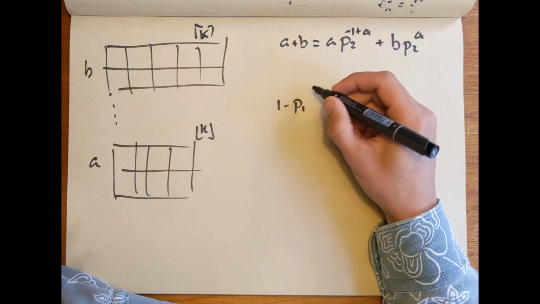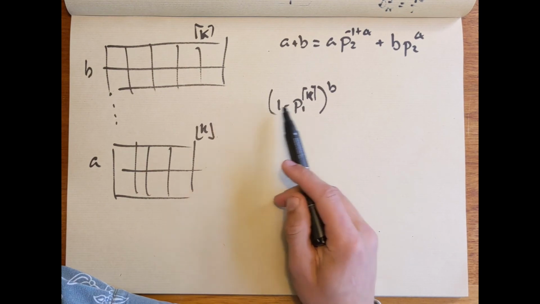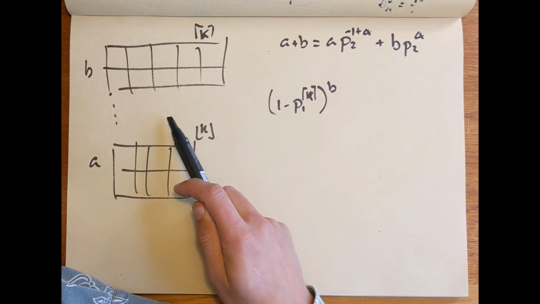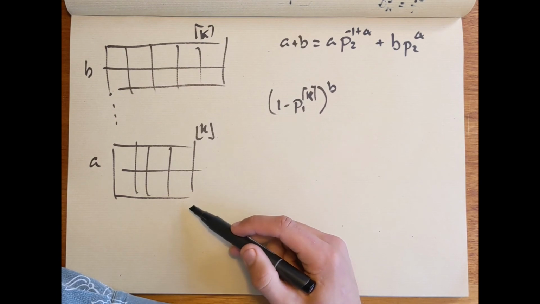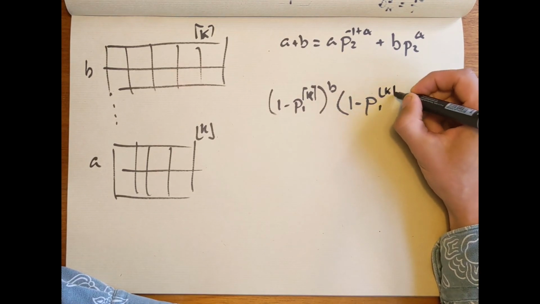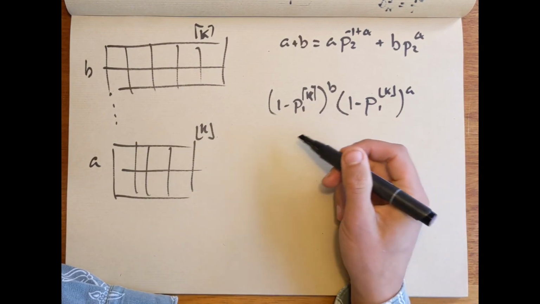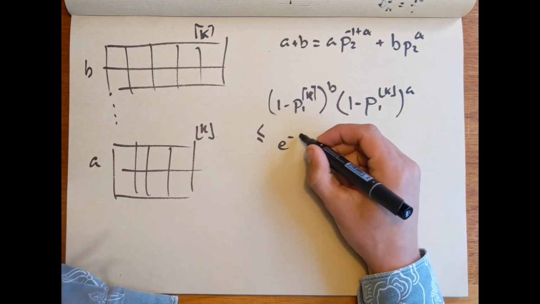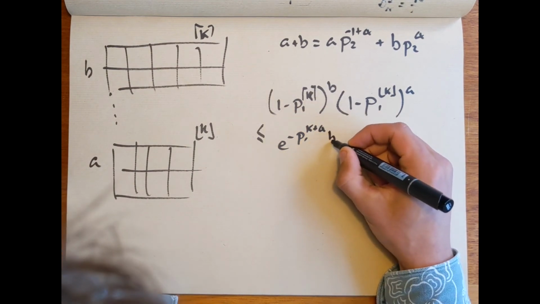1 minus p1 to the k rounded up to the b. So that's the failure probability, the probability that we don't see the near neighbor in any of these first b repetitions. We can then multiply this with the failure probability for the other a repetitions, since they're independent. This total error probability is going to be like this. And now we employ the same analysis strategy as before. We bound this by e to the minus p1 to the k plus alpha b